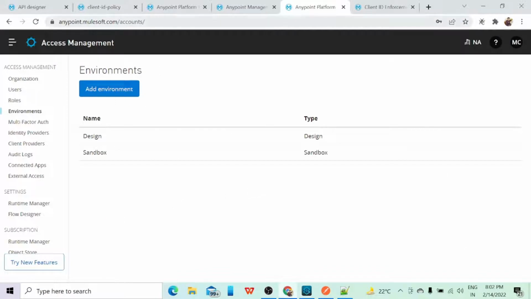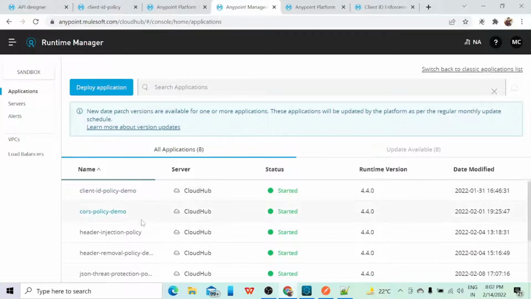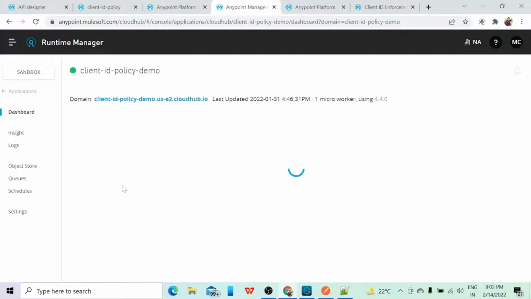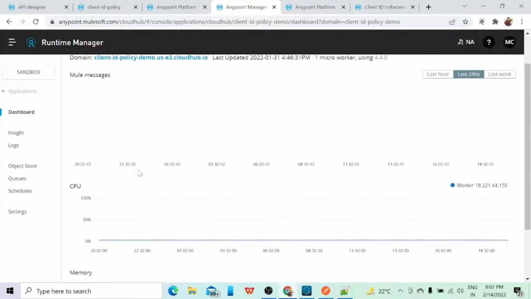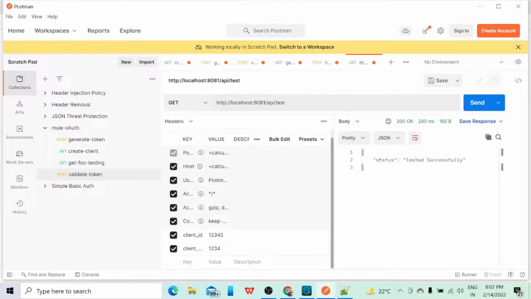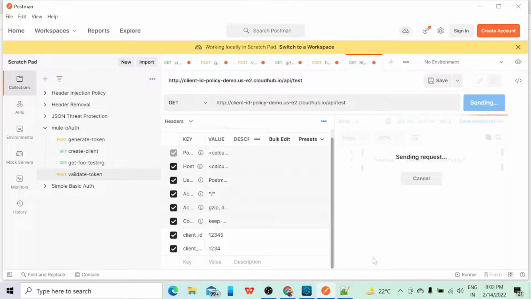So let me go on to the Anypoint Runtime Manager, and this is the application that I have deployed. I will click over here, and now I will click on this link. I will copy this link. I will go on the Postman. I will copy this, paste it over here, and if I try to hit this, it is giving me invalid client